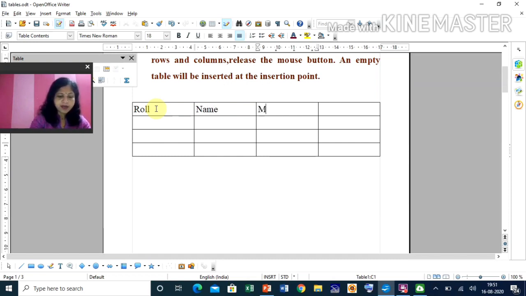So suppose here mark, then grade. Okay, suppose you have entered the data here 1, then any name you can enter, then mark also you can enter. Then for the next row also, you can write another name here.